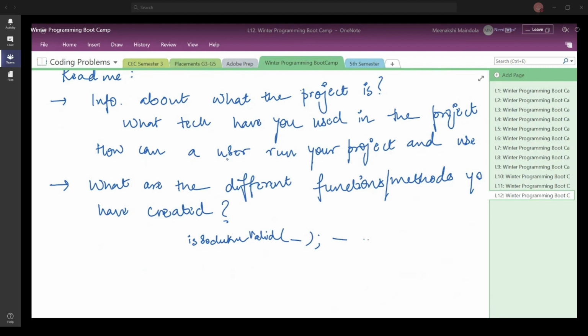Is there any restriction on the programming language that you should be using? We are going to prefer that you code it only in C or C++. So you have a choice between C and C++, since this bootcamp was majorly on these two programming languages. So this is what is preferred, that you code in either C or C++.